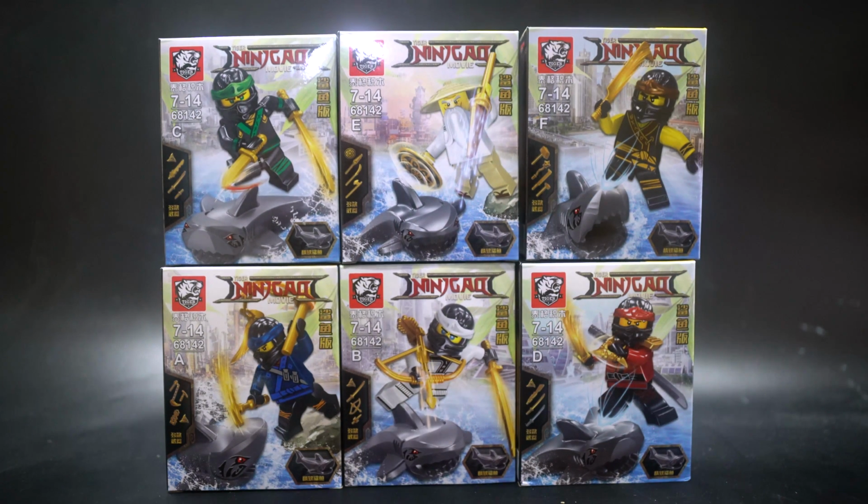Yeah, whatever. So these figures are based on the movie versions of the characters, however the hood piece is based on the regular versions. So they don't match. They didn't do any new molds and stuff, so...